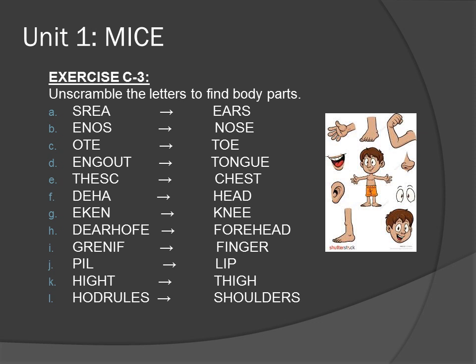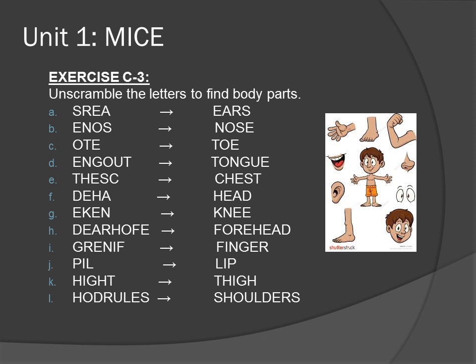Exercise C, Part 3. In this, we have to unscramble the letters to find body parts. So, here are 12 words given, but the spellings are not in the correct order. You have to rearrange the spellings to make body parts. Let's do it together. First one is